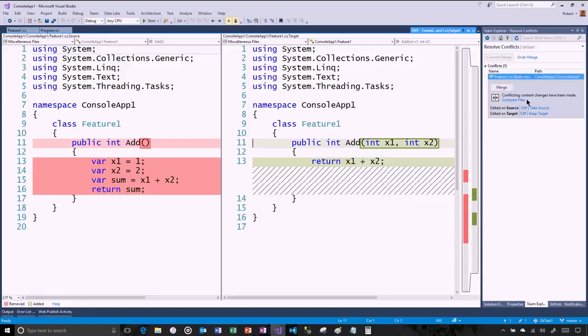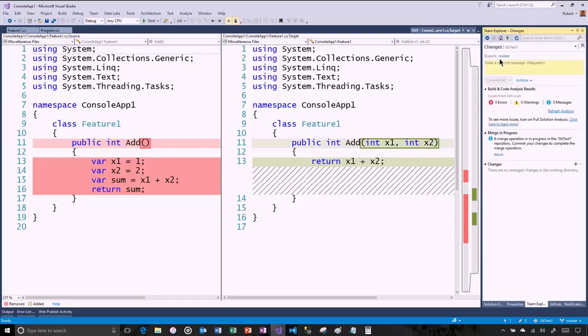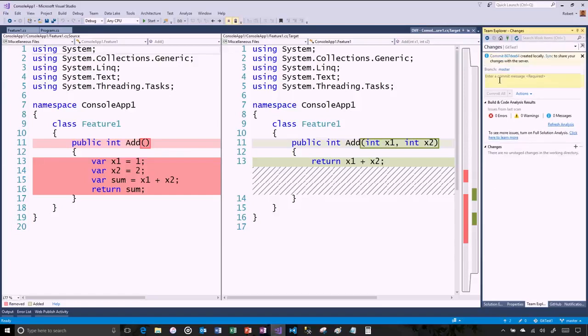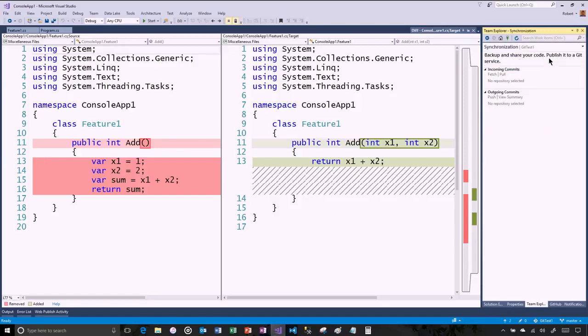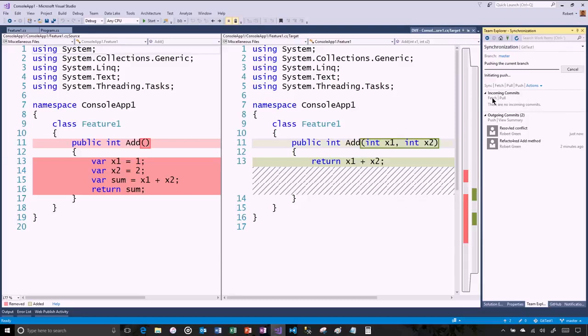So I can click conflicts here, double click on this, and I can compare the files. So I have a choice. I can take the source, and the source is what's up in GitHub. I can keep the target, which is what's local. And in this case, I'm going to say, look, my code, I'm keeping the target. Keep the target, commit the merge, resolved conflict, commit that, sync, push,